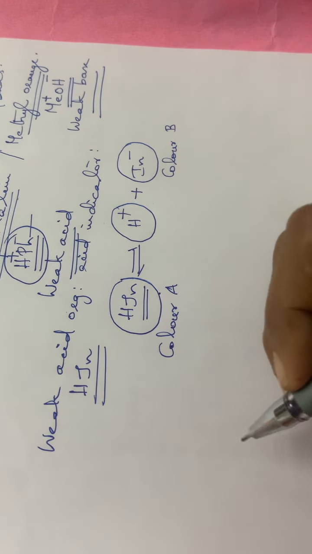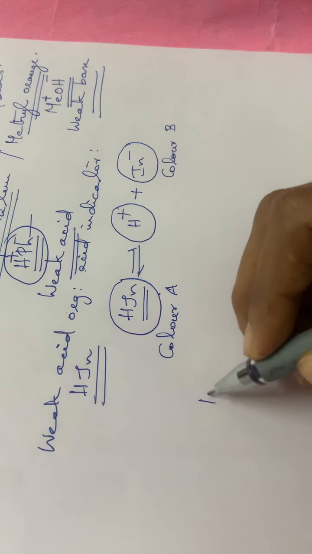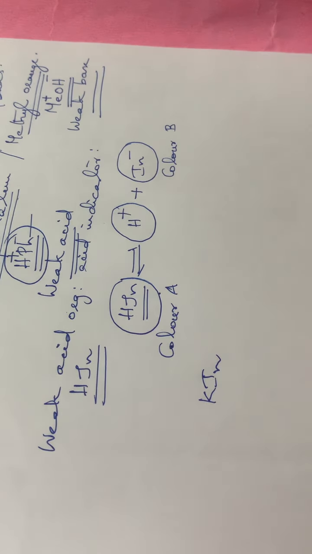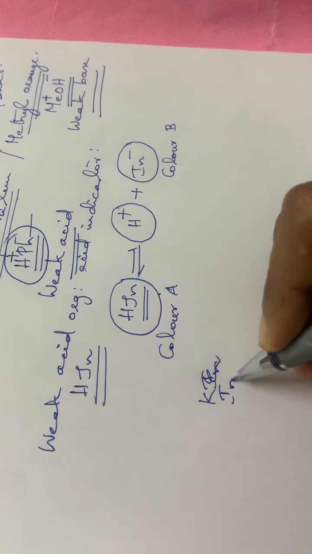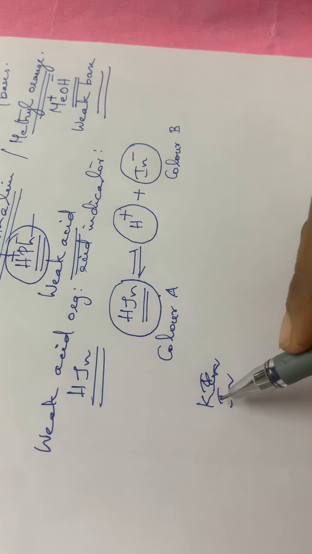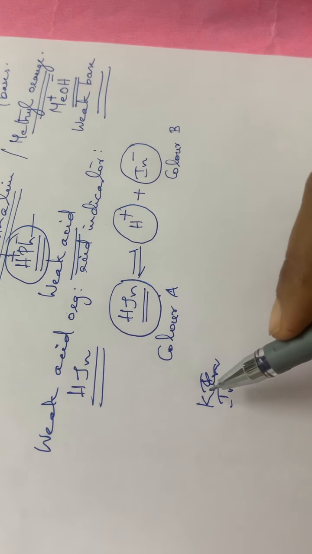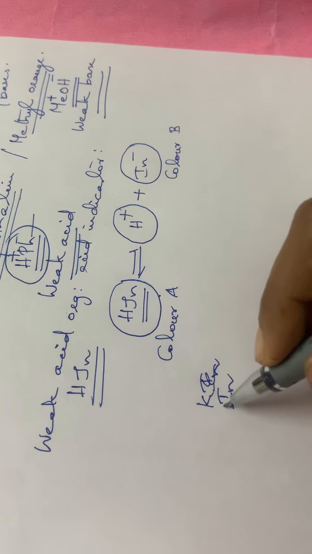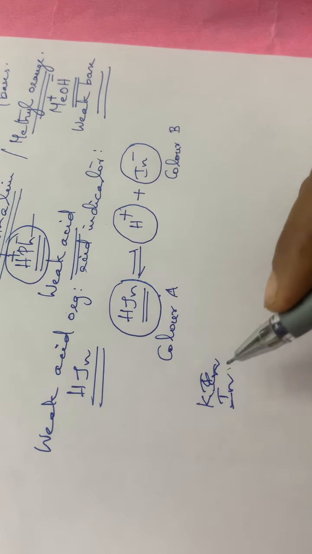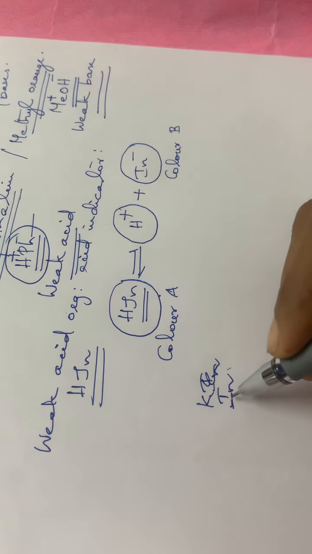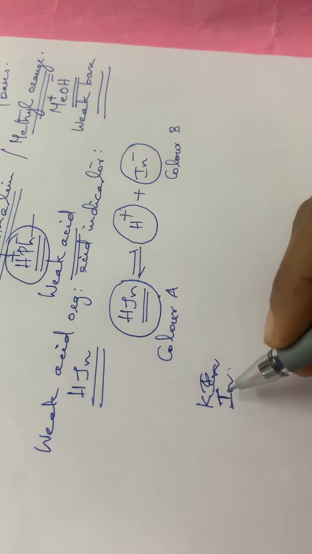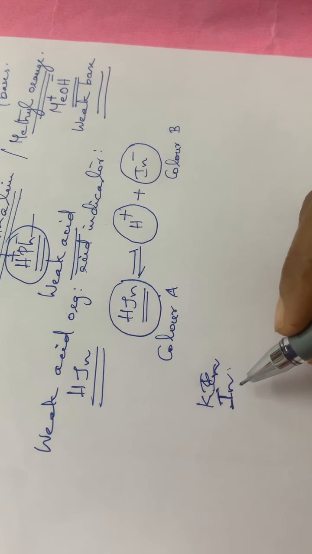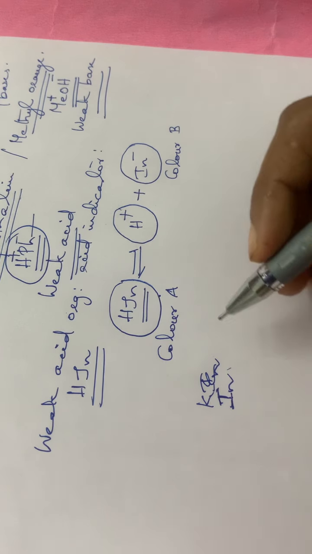Okay, so let us write the equilibrium constant KIn of this particular reaction. Normally we represent rate constants as K, isn't it? I think you might have studied this in your plus two classes. So the constant for this equilibrium we can write as K indicator, since we are representing the constant of this particular indicator. That is why we are suffixing it with In. So it is KIn.